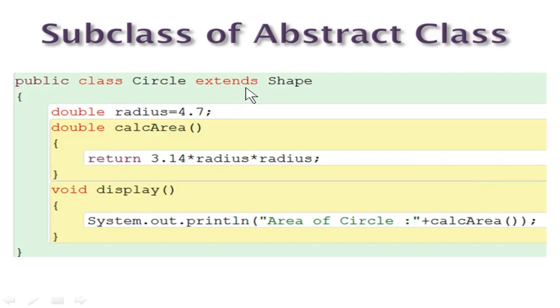So this is the subclass. Circle is the class name, and it extends from the superclass abstract, that is the abstract class. Now you can have a data member and a method to calculate the area of the circle. After that you return the value into the display method, and you can see that it has been displayed. This display method is compulsory to use in this subclass because it is inherited from this abstract class. If you don't use this display method which has been defined in this abstract class, then you will get an error. So we are going to see all that with a live example.